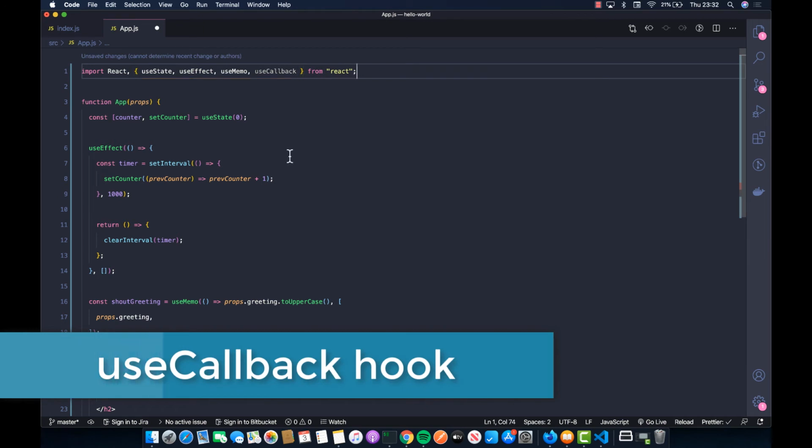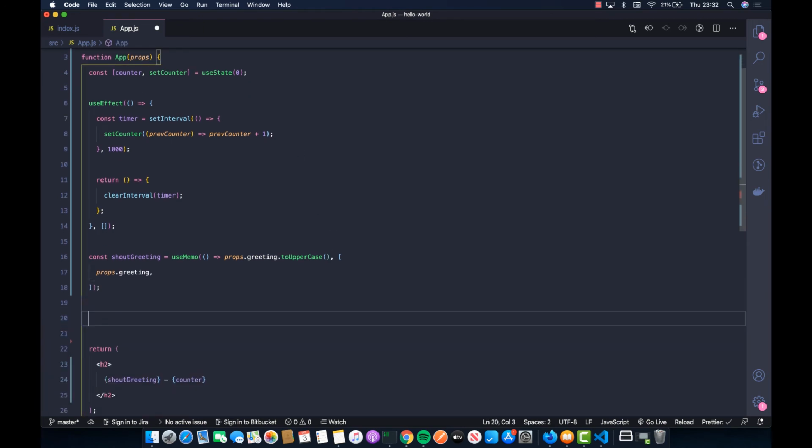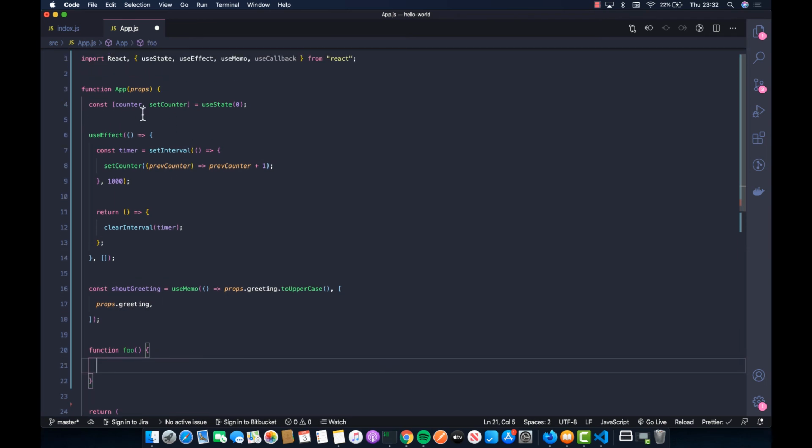So just like useMemo is used to memoize values, the same way the useCallback hook is used to memoize the functions themselves. This is very useful when you don't want the function references to change every time. So for example, if I declare a function here, let's say function foo, and since whenever setCounter gets executed,